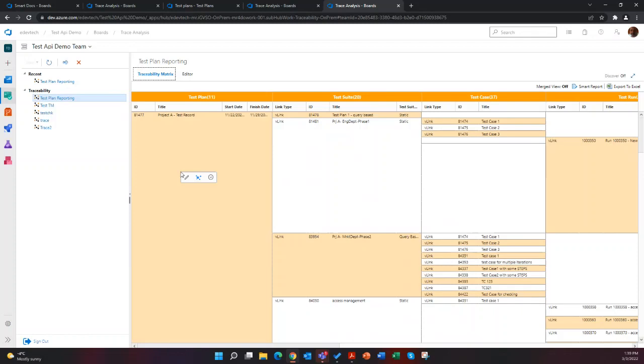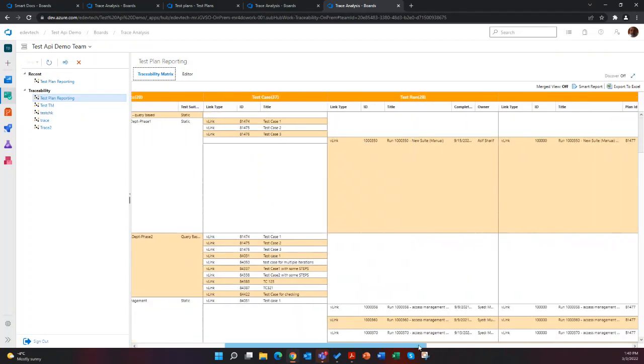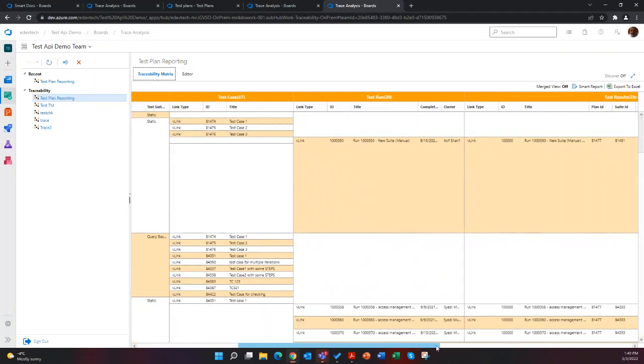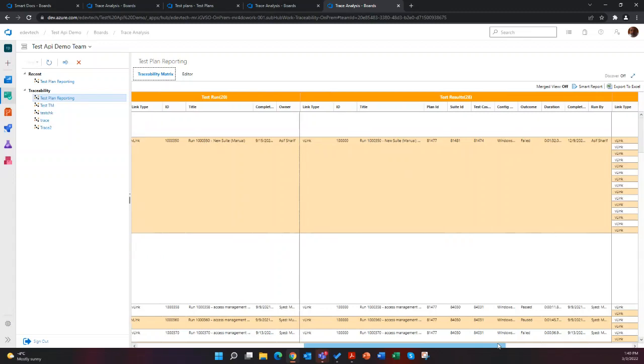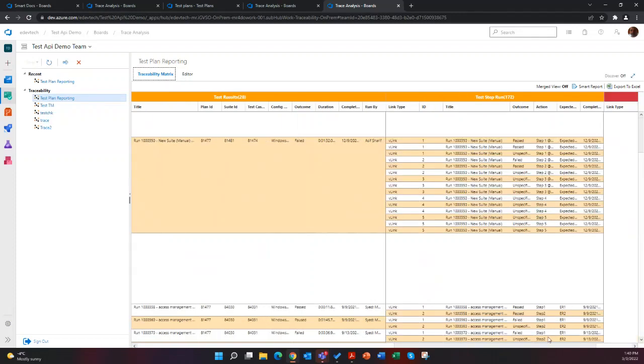So we have created a special way of handling that, where you can produce a report, in this case, showing test plan to test suite to test case, from test case to test run, and then the result of a single test case run, and then at the step level, what happened. Again, you can save this to Excel or generate a smart report from it.